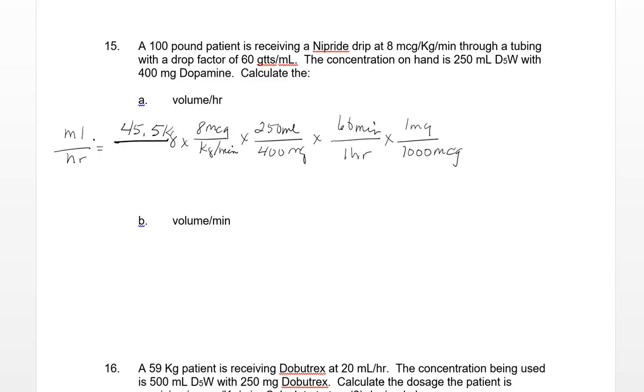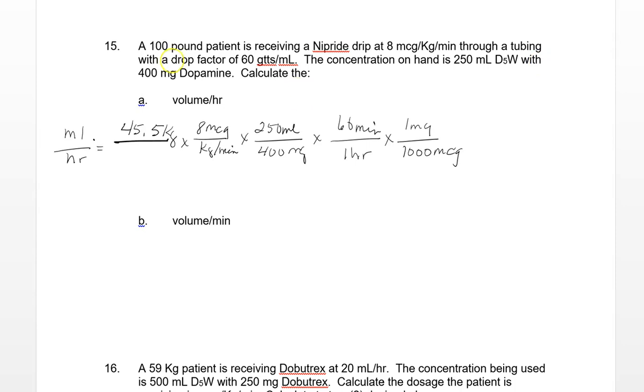I'm going to do, this is part 2. I'm going to work on problem number 15. Now, we're asking to have a patient that is 100 pounds, and he's going to receive nitroprusside at 8 micrograms per kilogram per minute with a tubing of drop factor of 60 drops per ml. We have on hand 250 milliliters of D5W with 400 milligrams of dopamine, and we're going to calculate the milliliters